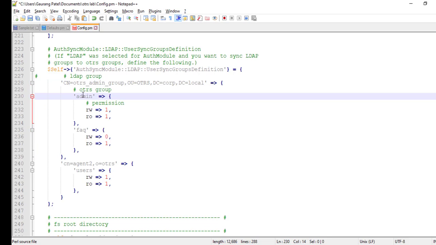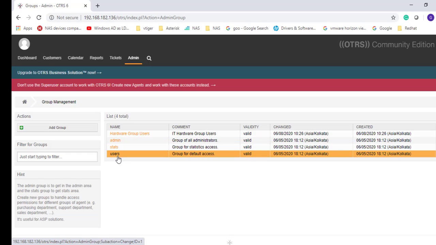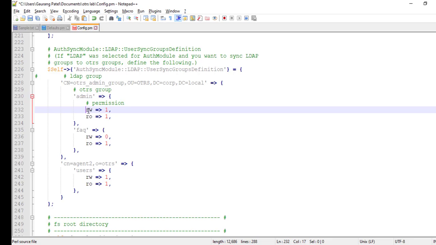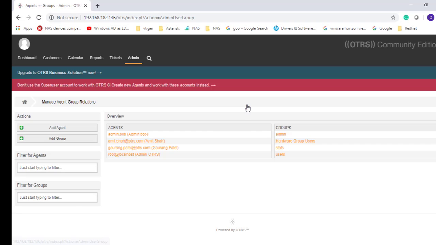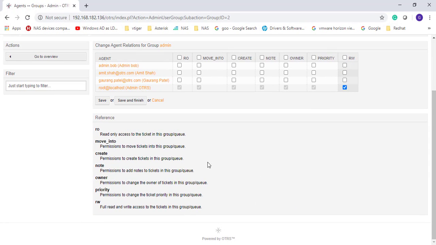Okay, this is the OTRS group. Admin is the OTRS group and these are the permissions. So let's check how many groups are available in OTRS. There are 3 system generated groups here: admin, stats and users. Let's go back to the config file once again, admin, and one more important thing I want to show you here, Agents and Groups, admin. Yeah, so these are the permissions: